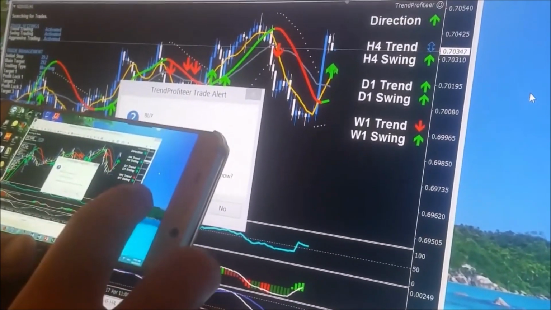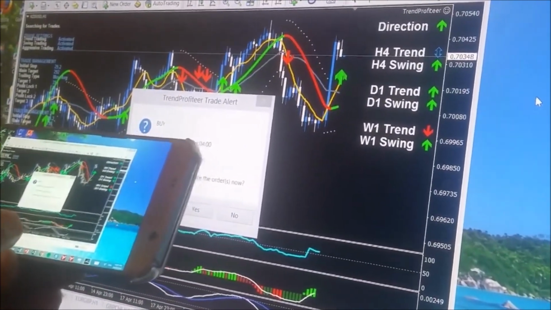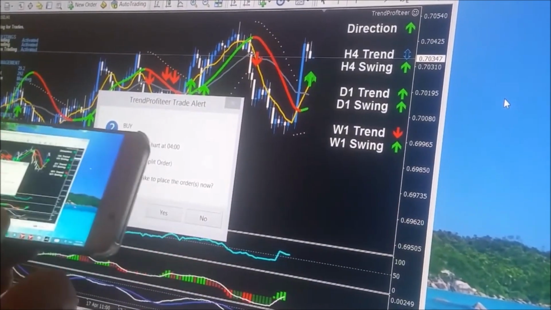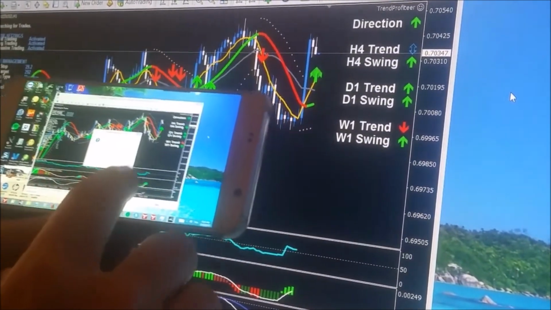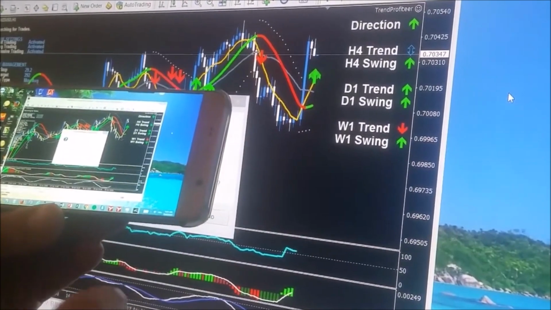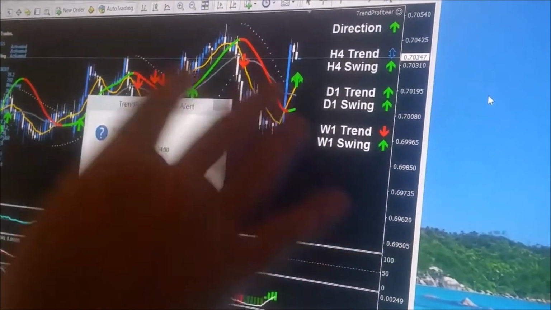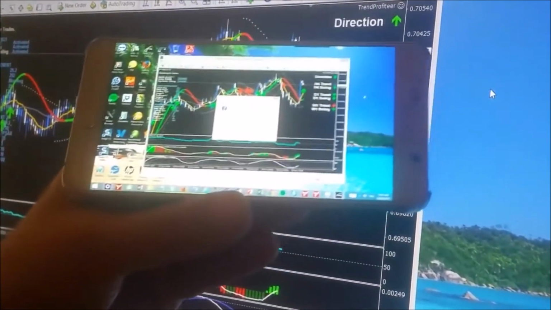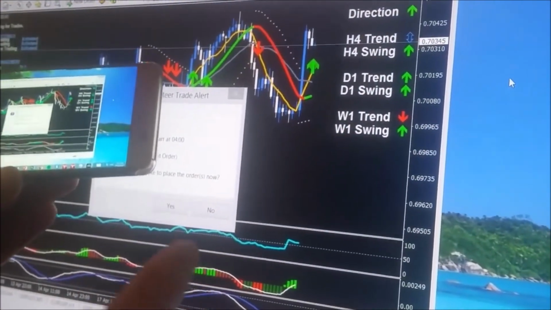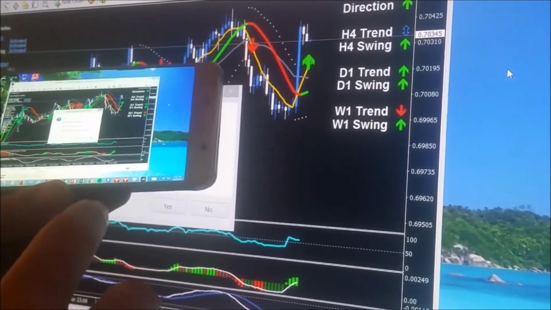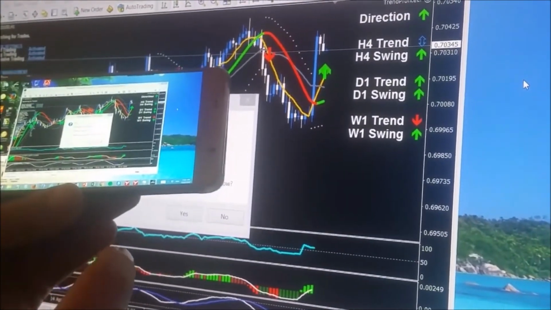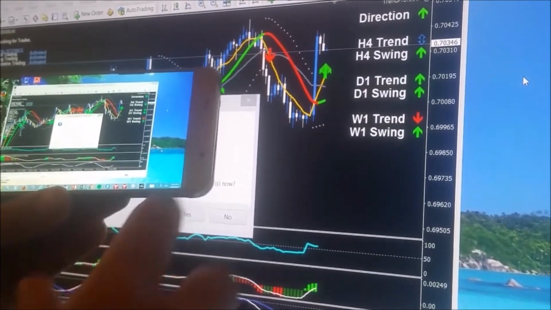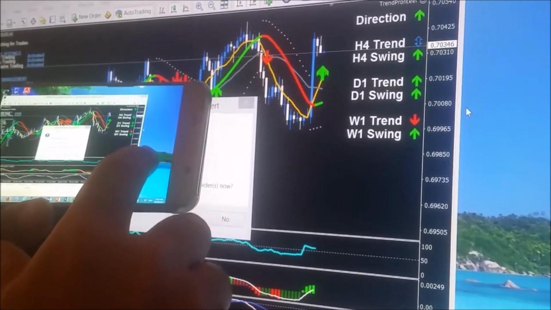Hey guys, I want to quickly show you why this remote control app is a game changer. I just got a Profiteer alert on my mobile device, so now I can confirm the trade if I want to take it and have my trade completely managed by the Trend Profiteer Trade Assistant on my computer at home. Without this technology, I'd only be able to take the trade on my mobile MetaTrader platform, which would mean I'd have to manually take and manage the trade. But now I can just confirm it and Profiteer will enter the trade and manage it based on my personal